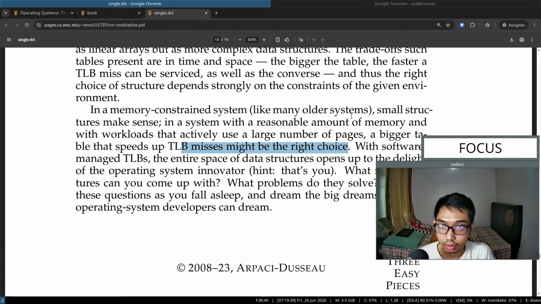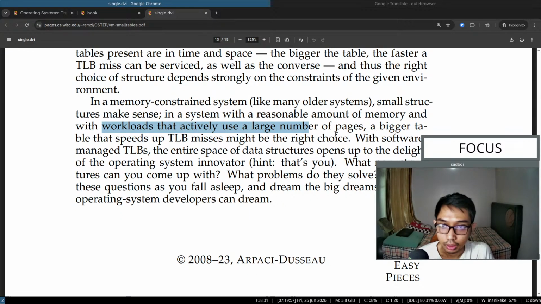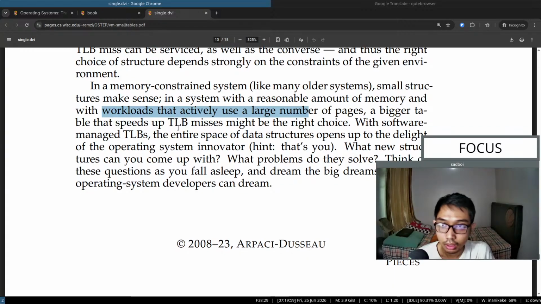In a memory constrained system, a small structure makes sense. In a system with a reasonable amount of memory and with workloads that actively use a large number of pages, a bigger table that speeds up TLB misses, the translation lookaside buffer misses, might be the right choice with software-managed